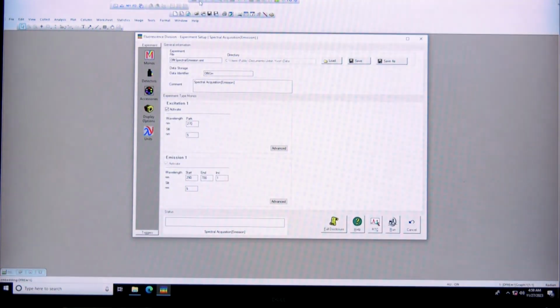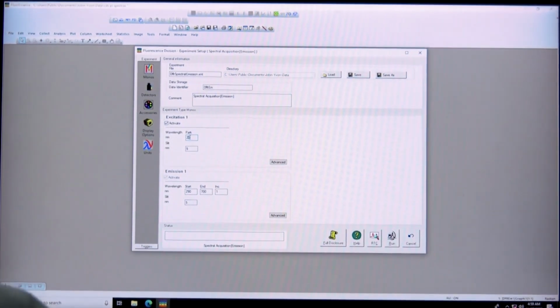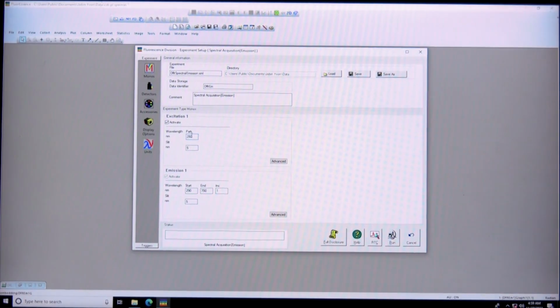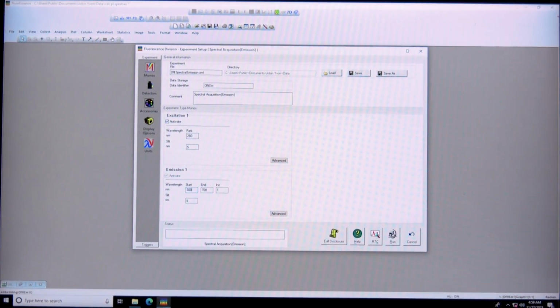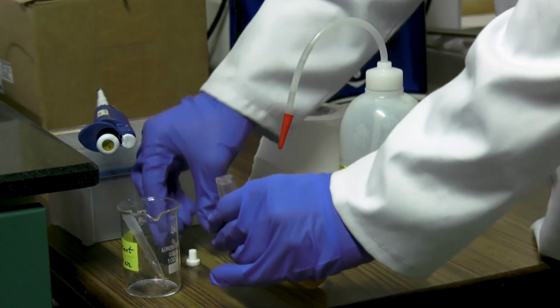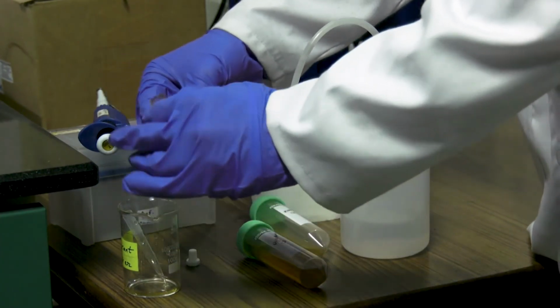Now for the next carbon dot sample synthesized using the microwave assisted method, the excitation wavelength is around 280 nanometers. So we will set the emission wavelength at 300 nanometers and the end wavelength of the spectrum at 700 nanometers. Discard the previous sample from the cuvette and wash it 2 to 3 times using distilled water.